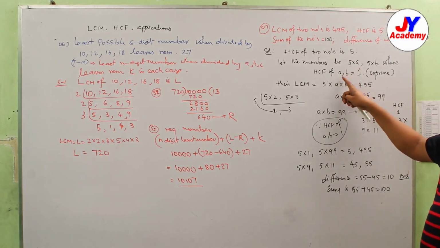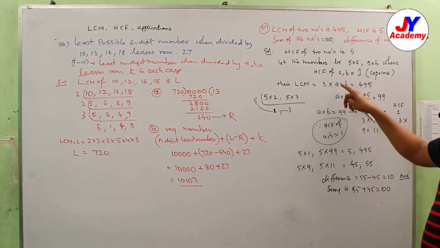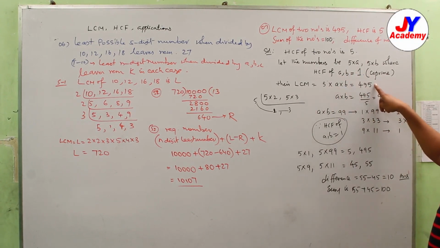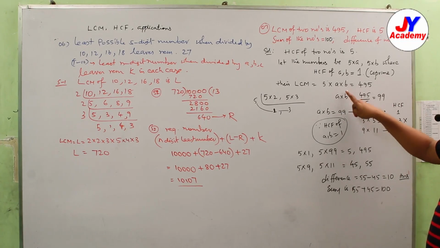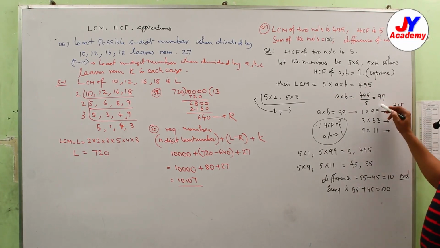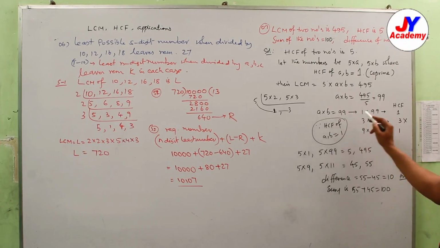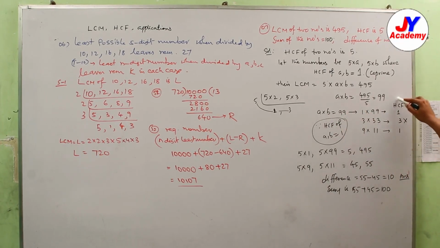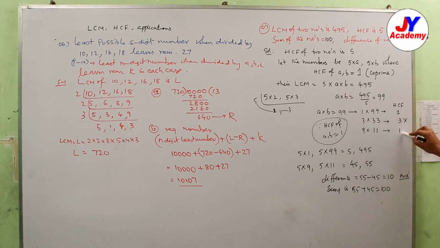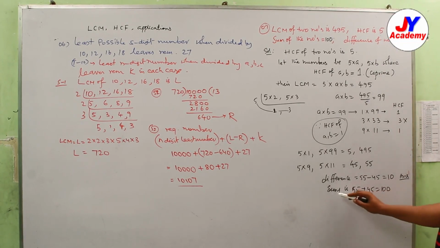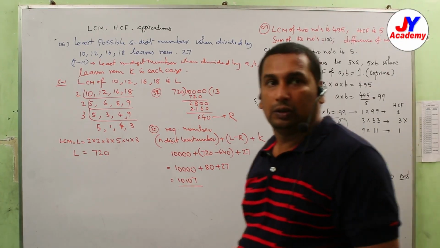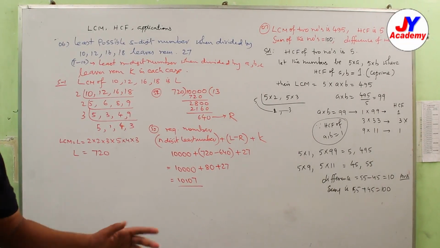Given HCF, because of these two having HCF 1, the LCM is their product. So 5 into A into B is given as 495. So A into B is 99. Now we verify the possibilities for 99, because the product of two numbers, 99, should be expressed as a product of two numbers with the condition that the two numbers' HCF is 1. It passes in 2 cases and fails in 1 case. So the passed cases have to be considered. So the difference is 10, that is the given answer. In that case, what is the sum? 100. So that is another model.